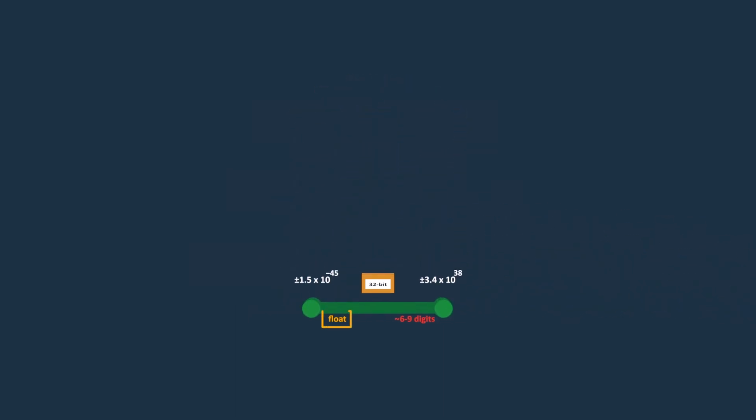The first one is float type. This type represents a single precision floating point number, and it's used to store decimal numbers with a smaller range and less precision than the double type. To declare a variable of float type, we can use this syntax. Note that the f at the end of the value is required to indicate that it's a float number. So, if we leave off the f, the value will be interpreted as a double and the compiler complaining to us.